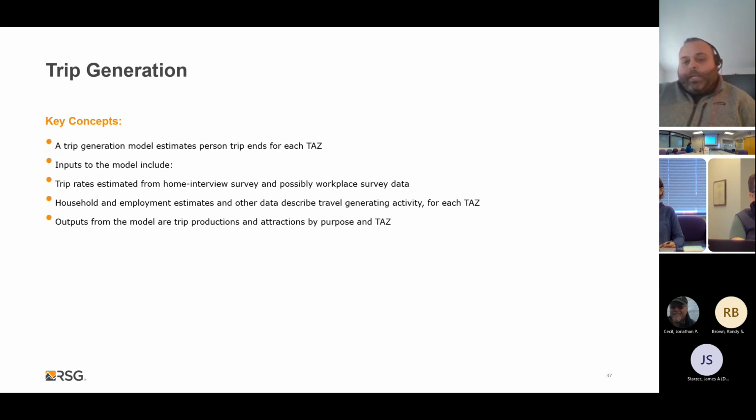zone. So if you're looking at environmental justice, maybe through the lens of income, right, and low income individuals who make less than $25,000, well, if they make up a fraction of that $45 million, maybe 1% of their trips are routing through the interchange, then that's not really a project that's benefiting that environmental justice zone. So we can kind of think of some of the things that we want to carry through the entire model process and how it relates back to the environmental justice that we might be doing as planners later on, to look at project benefits and user benefits and who's really benefiting from these projects.